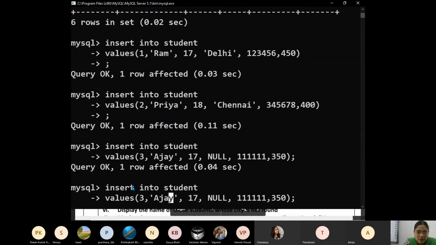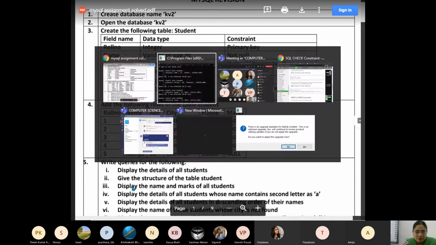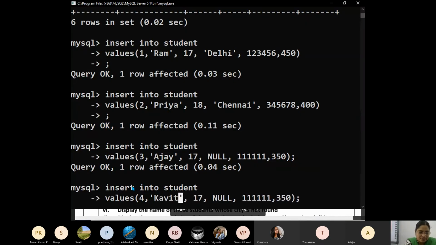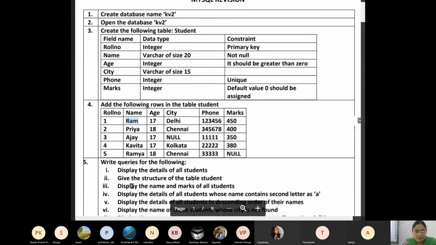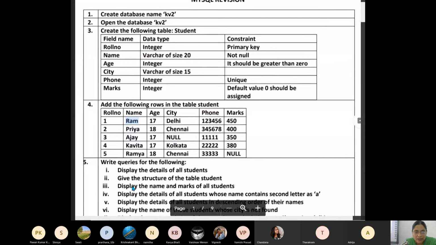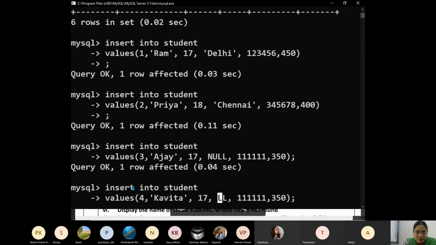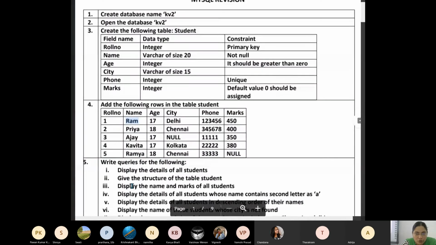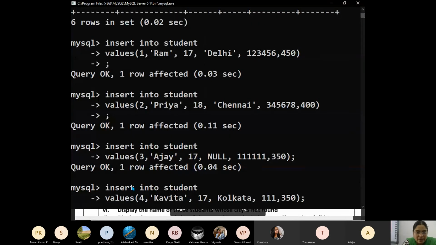Who is roll number 4? Kavita. Kavita, hope you are all noting down. Okay, children. As much as you write down and practice, that will be beneficial for you. Simply listening will not work out. Hope you are all writing down in your notebook. You all have to submit your classworks and so on. So the date I have given. Yes or no? So keep writing whatever you are attending, in your notebook.